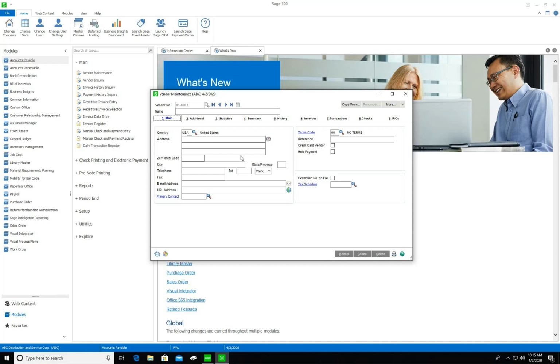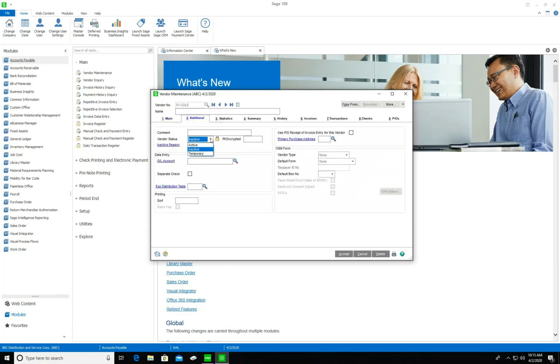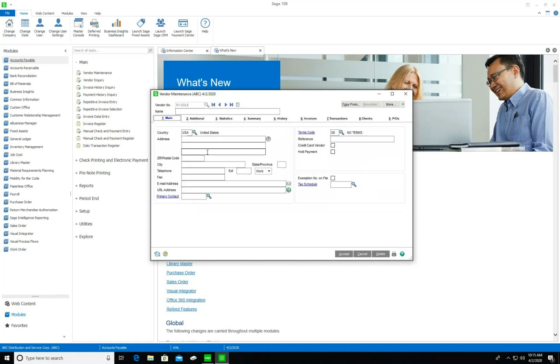That doesn't delete invoice history from your system. It won't prevent the vendor from being summed up on reporting or 1099 reporting or any kind of purchase reporting. All it does is it makes you compliant with the act here in California that allows you to encrypt it and hide it. Now, if I need to unencrypt it, all I need to do is change it back to active or temporary, and then it will